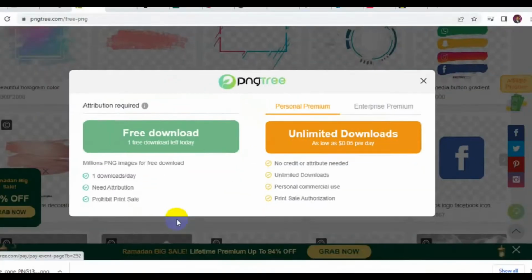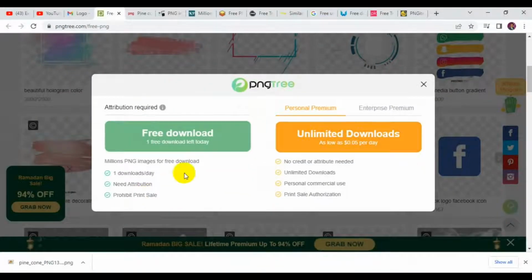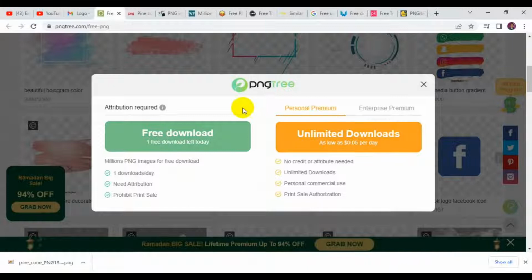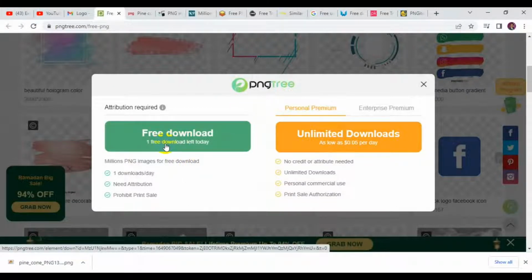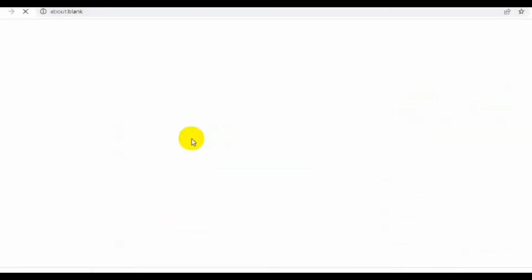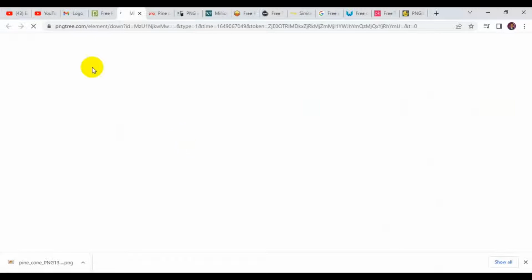You can see it's going to prepare another interface asking you to download for free, and download unlimited when you join the premium version of the site. Well, in this tutorial, I'm going to show you how you can download the free PNG. So you have to click on download free PNG, and immediately you click on that, it's going to prepare your file and you get it downloaded without any stress. That's the first thing about free PNG,